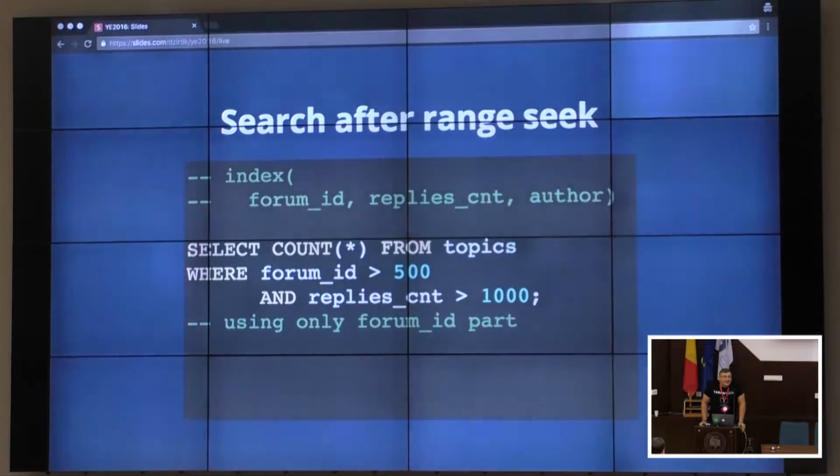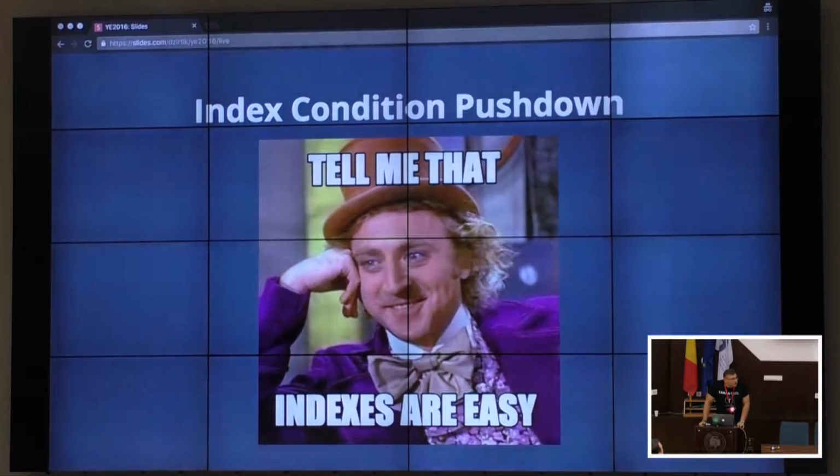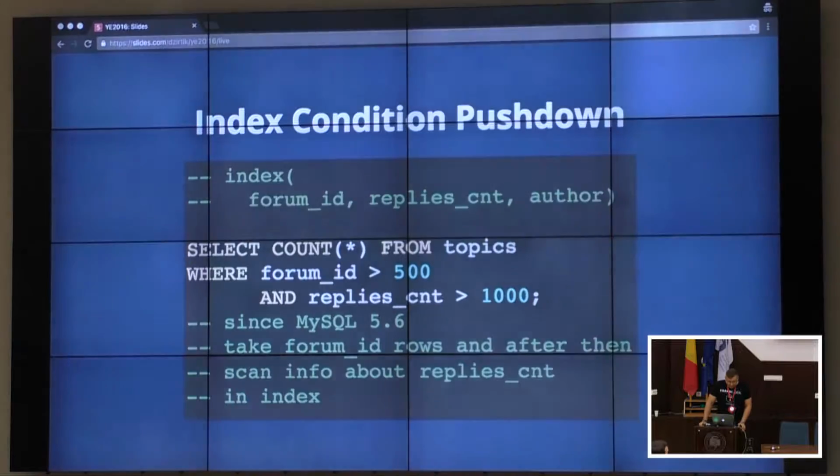Sorry, because since MySQL 5.6, they created index condition pushdown. It's a very interesting thing that I want to tell you about right now. If we have this index, forum ID, replies count, and also, and we decided to scan forum ID by range, and after that want to find